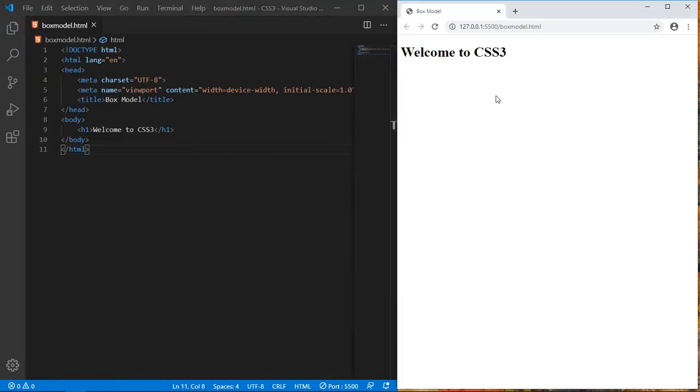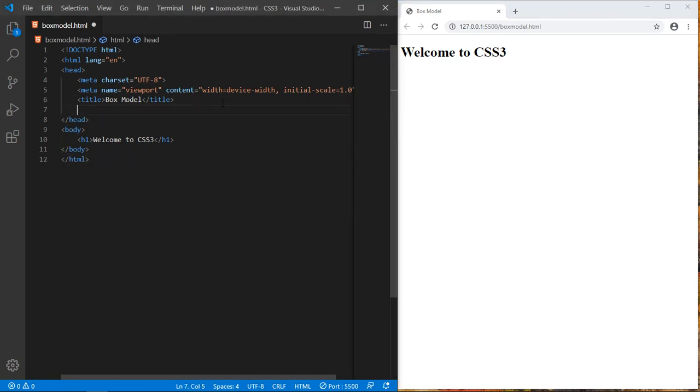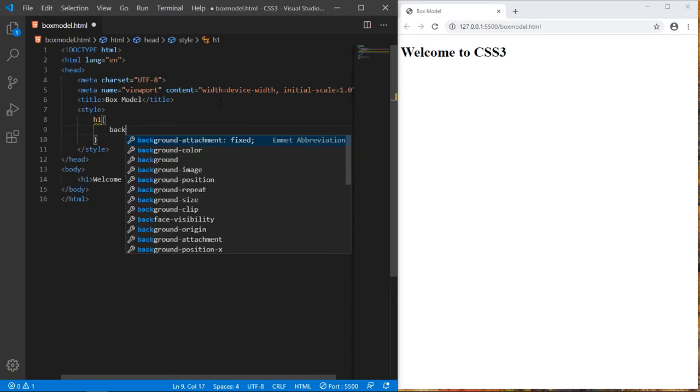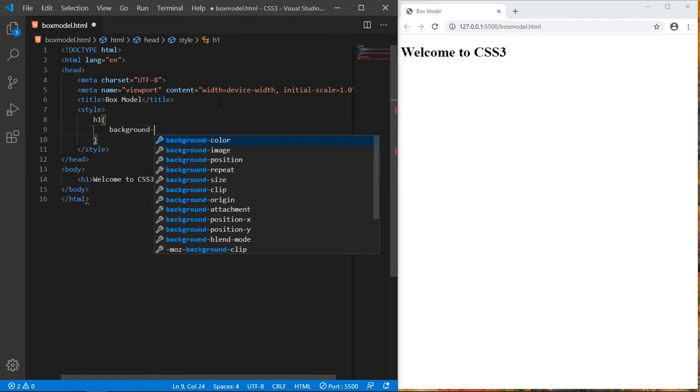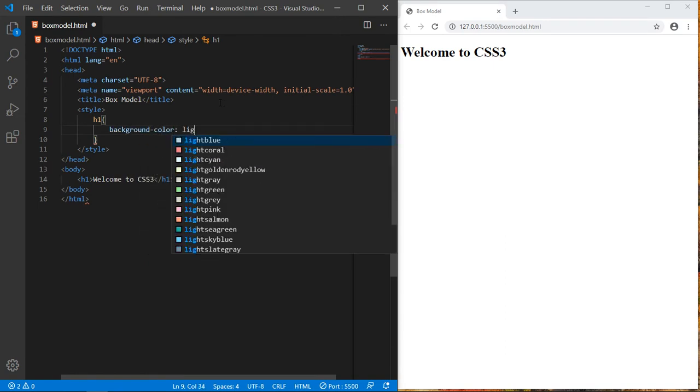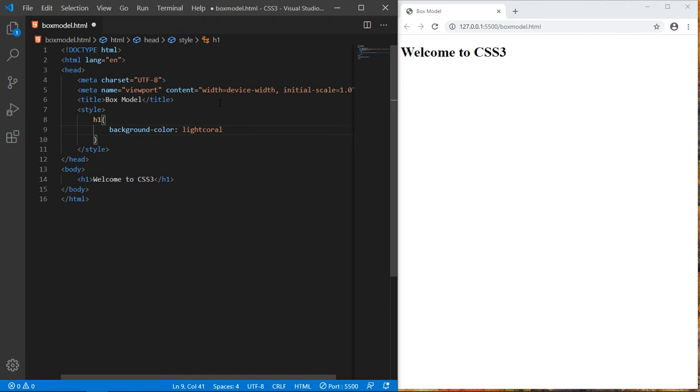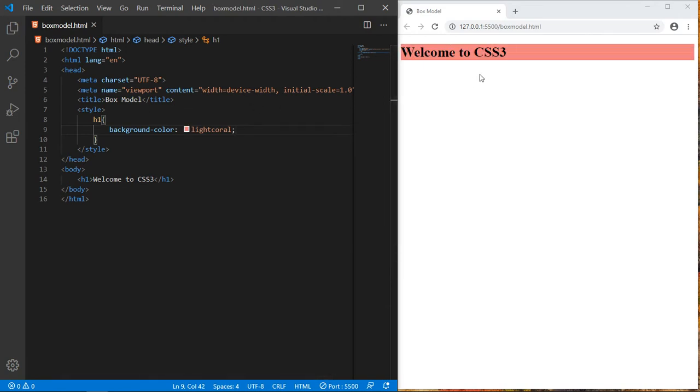Okay, so this is what we have developed so far, and I just give it some style using the internal styling method. h1, and I just change the background color, whatever you want. I take light coral, just save it. So this is the element we have so far in the web page, and if I add another h1 block